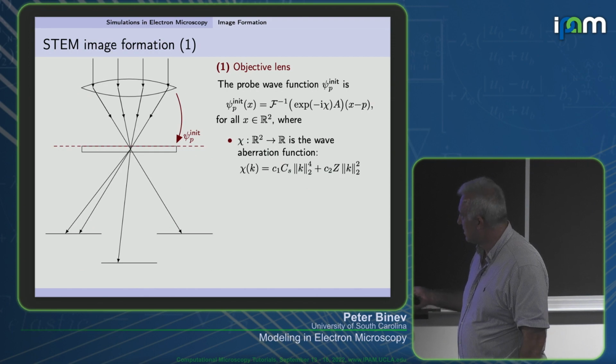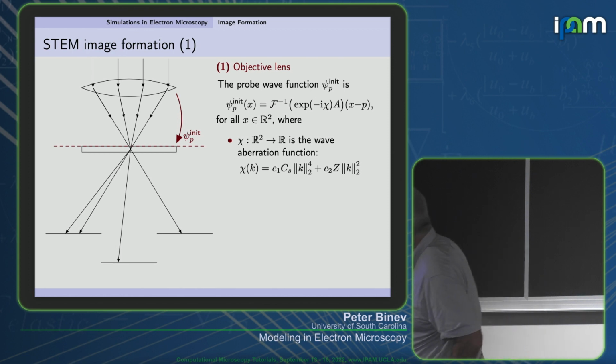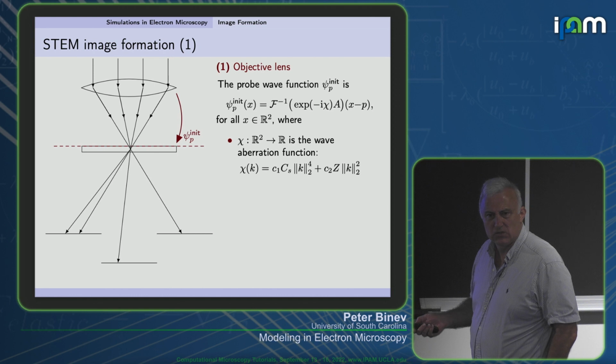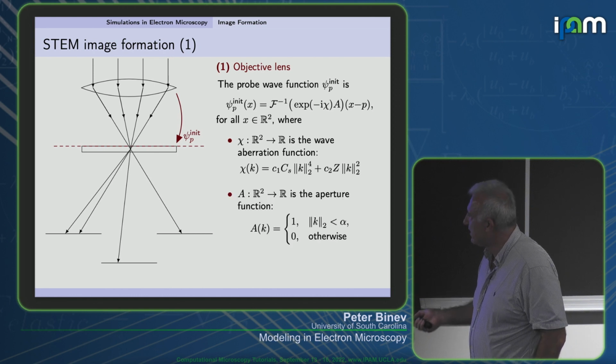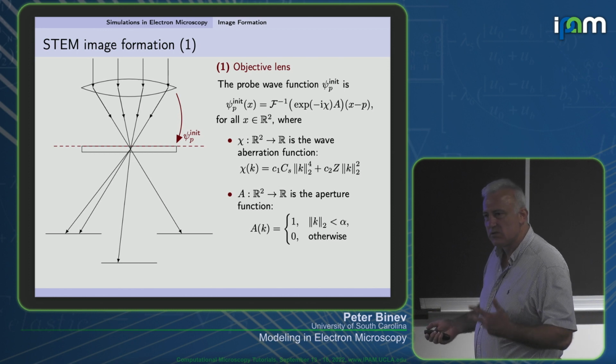Okay, here in the objective lens, we have the aberration function calculated to the fourth term. I think that it could be better, but eventually that is what is used. And then you have the aperture. This is probably the most important thing which we have, and that actually governs the numerical solution of